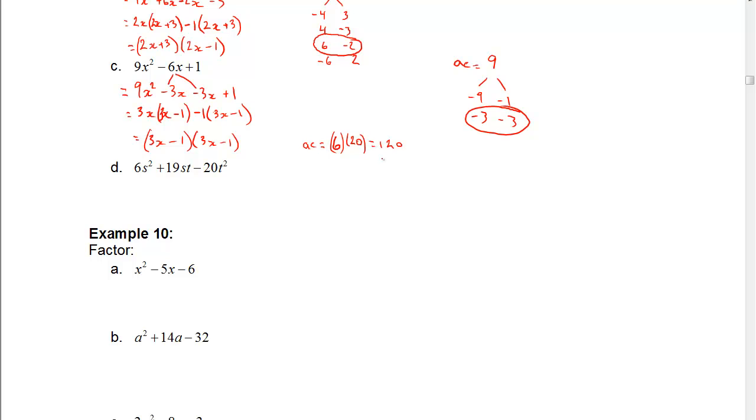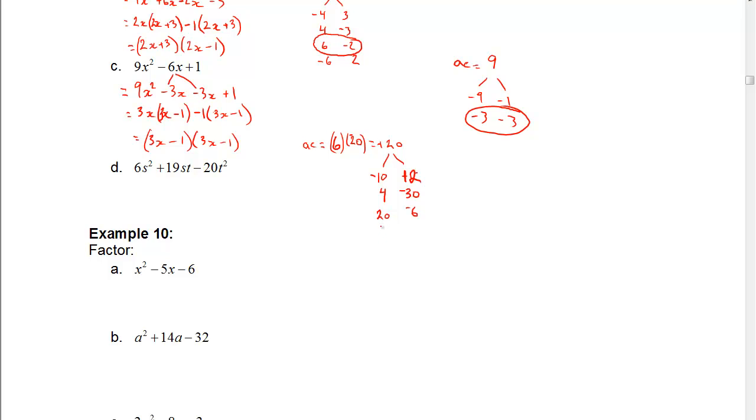So now you need to figure out what factors of negative 120 add to give 19. So this one might be a bit more work. What do we have? We could have negative 10 and positive 12, and that doesn't really get anywhere close to 19. We can use 4 and 30, one of those being negative, but there's no way to make that close to 19. We can use 20 and 6 with one of those negative, but no way to get that close to